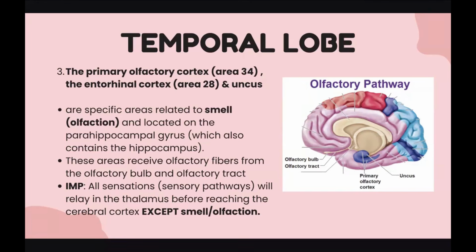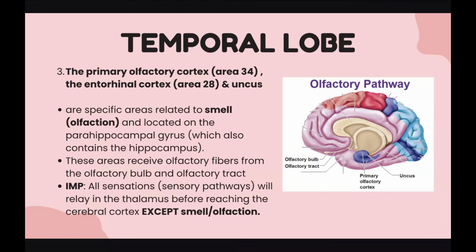And they are located on the parahippocampal gyrus, which also contains the hippocampus. And this is also important because the hippocampus has to do with memory, right? So this is also part of the olfaction pathway. Whenever your olfactory bulb and olfactory tract receive any smells or chemicals regarding smell and olfaction, it